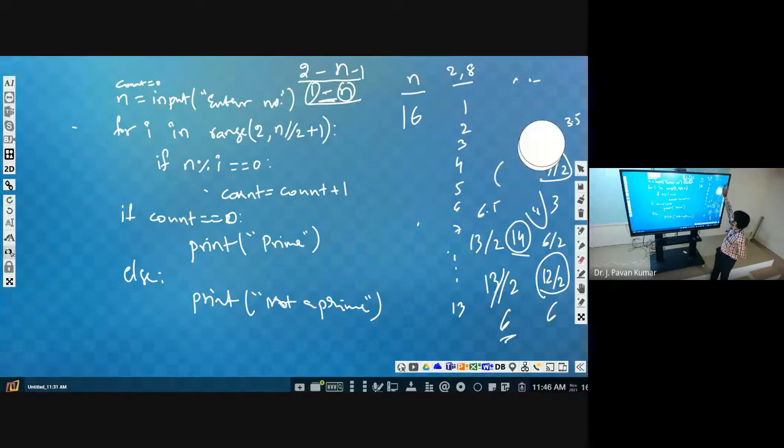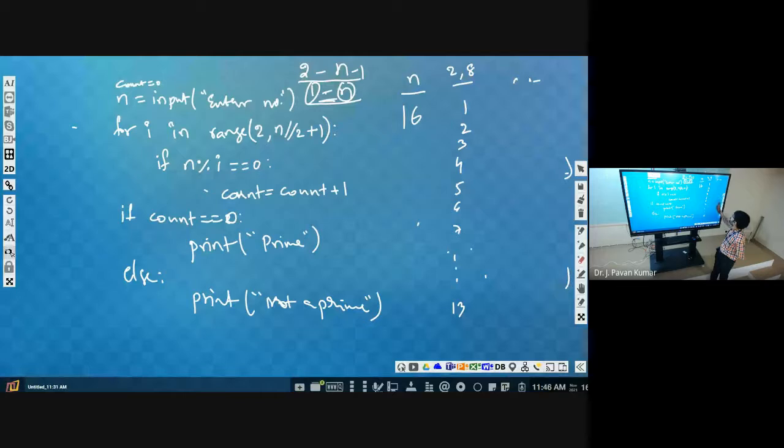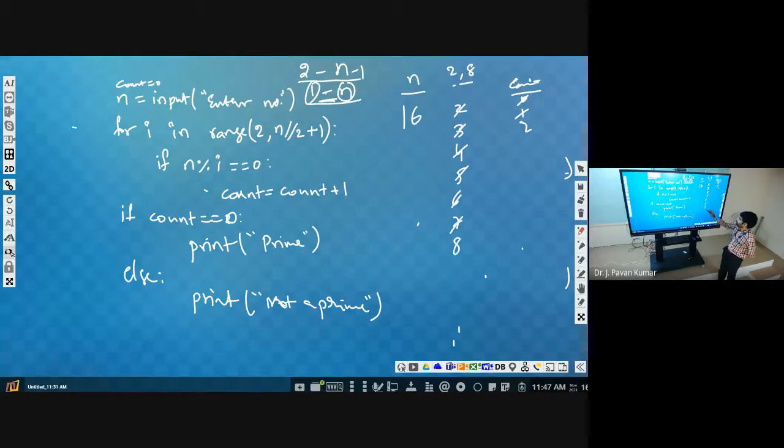Yes. So count will start from 0 and become 1. So we start from 2, count is 1. Next it will become 3, count will be 1 only. Next 4, count will be 2. Next 5, 6, 7, 8, count will become 3. Next 9, we will stop here only, right?